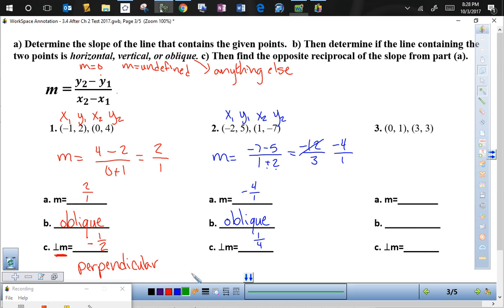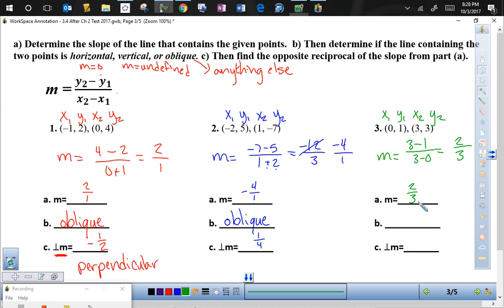Alright, we've got another one here. x1, y1, x2, y2, and then m equals. Y's go on top, so I've got a 3 minus 1. X is on bottom, 3 minus 0, and then simplify. 3 minus 1 is a positive 2. 3 minus 0 is a 3. 2 divided by 3. Okay, there's nothing that goes into both of those, so we just plop that down in